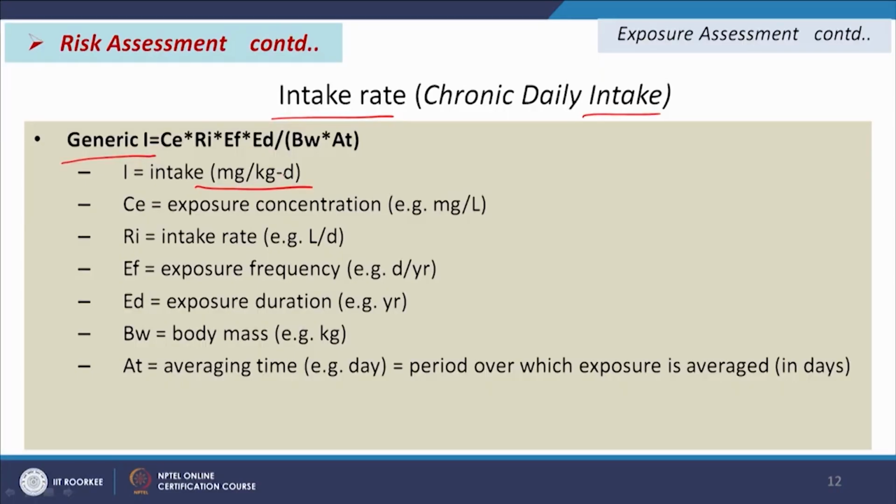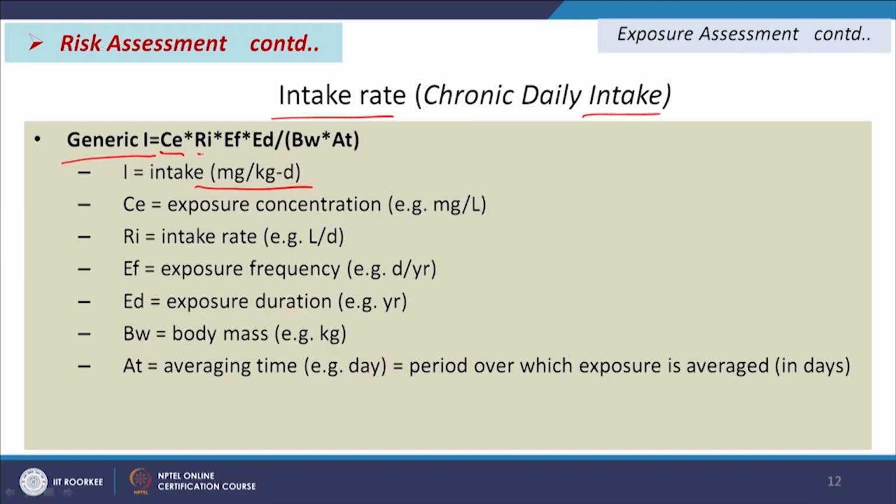There are two types of effects basically, one is chronic effect, another is acute effect. For acute effect, the concentration of the pollutants will be more and we will get an immediate impact, but for chronic effect the concentration of the pollutant will be less, but for long term consumption we will be getting the impact of it. That is called chronic daily intake, that is intake in mg per kg per day, where I